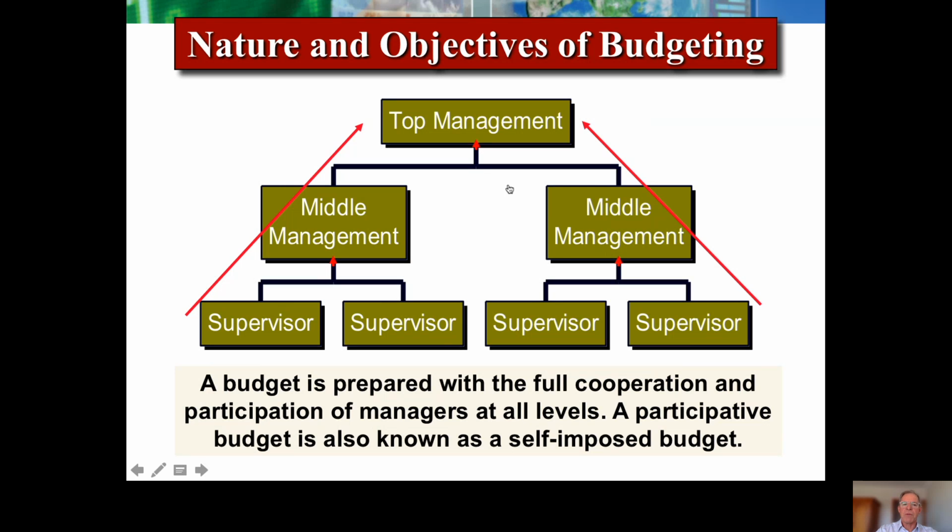And again, this slide is just letting us know that we really want everybody involved. We want people to own the budget, rather than feel that it's being passed down from top management. It's nice if all the data can be fed in and summarised, and you've had some input into setting the goals and the budgets for the period.